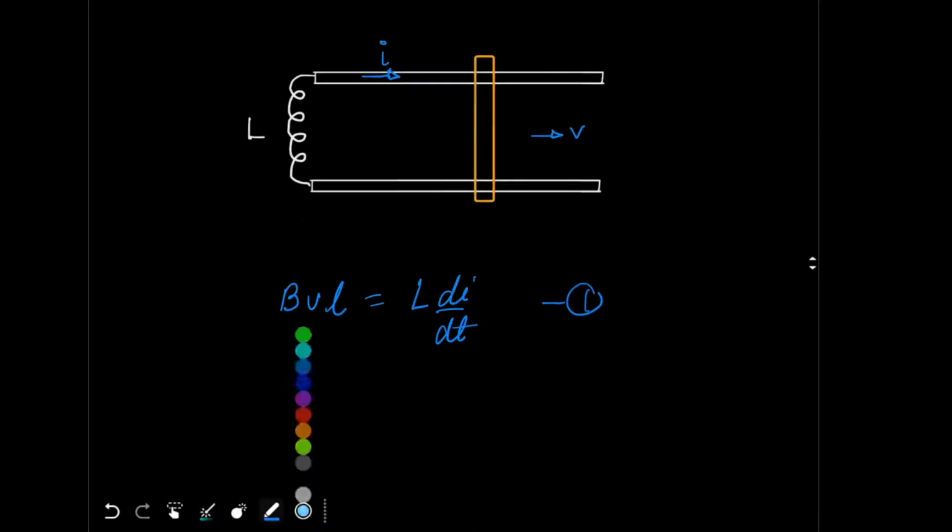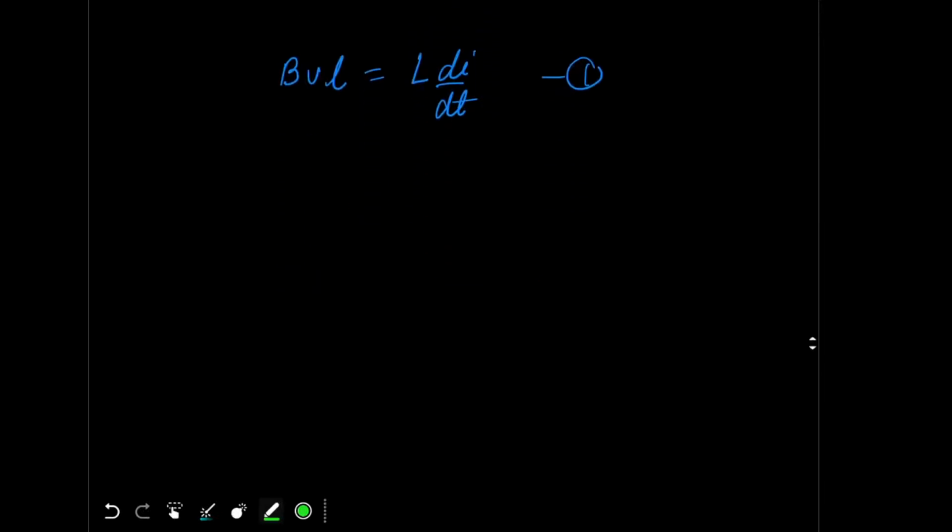Then my second equation will be what? The rod is experiencing a backward force because of the magnetic field. This backward force will be BIL. This force due to the magnetic field is decelerating the rod. So for the rod I can write down that BIL is the force and that will be equal to minus m dv by dt, because the rod will decelerate since the force is acting opposite to velocity, right? So we have minus m dv by dt.